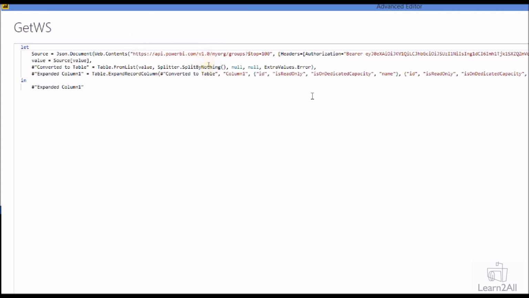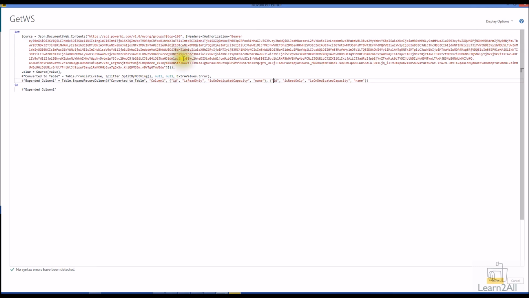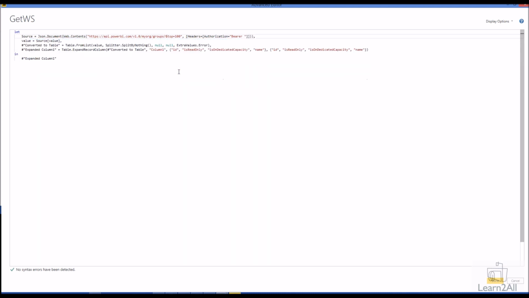Now here we have a code like this. Now what we need to do here is, this is my access token over here. Now I want to make my access token dynamic. So how can we do that? In order to make this access token dynamic, we just need to remove this static access token from here, and then we just need to add one percent sign over here and make sure that you have a space after bearer, right? Otherwise you will get an error.